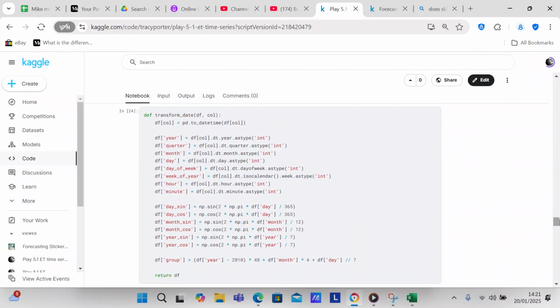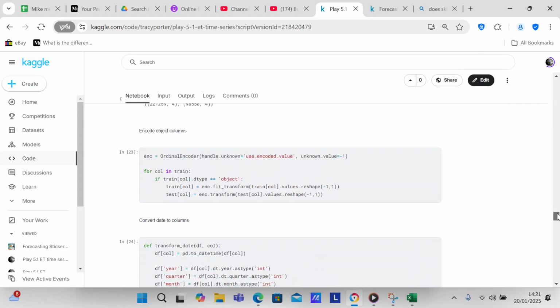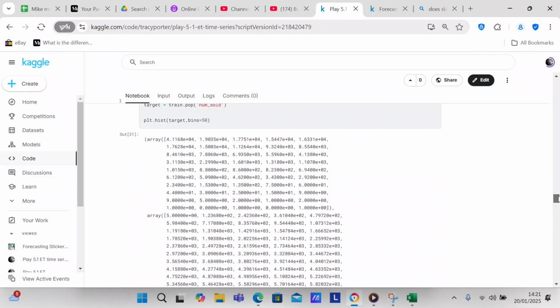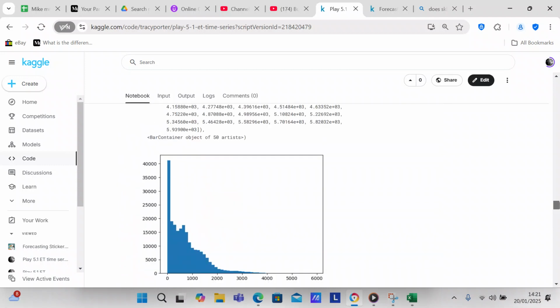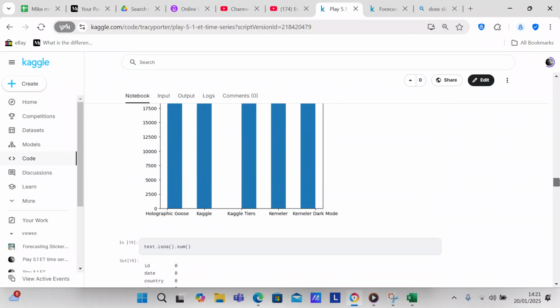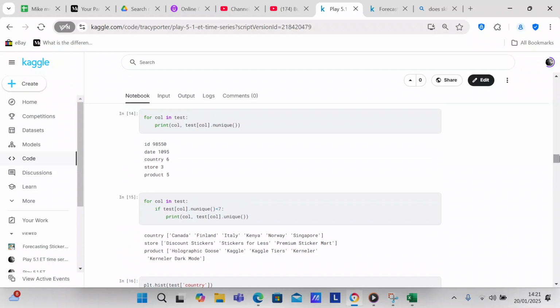encode our object columns, then we're going to convert the date to days, years. So what I'm thinking is, let me check the date here. I can redo this, and if I redo it, there is the possibility that I can get a better score.